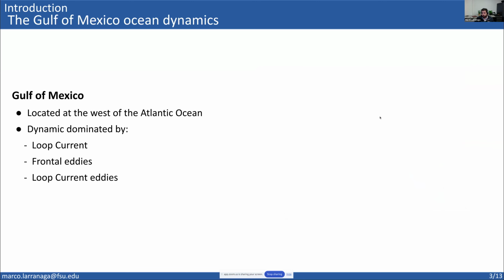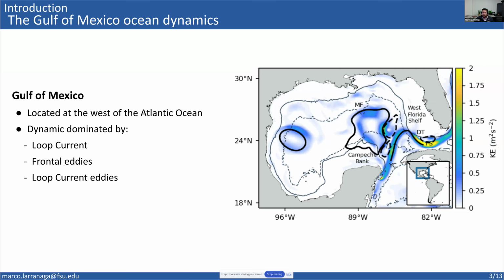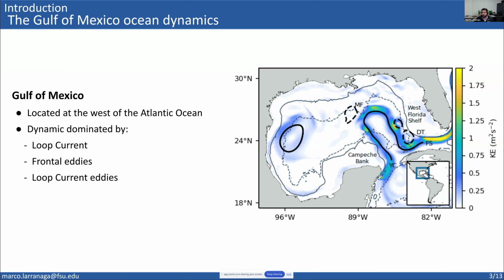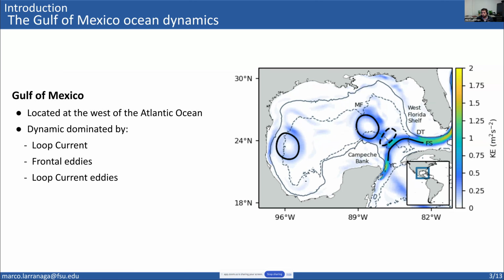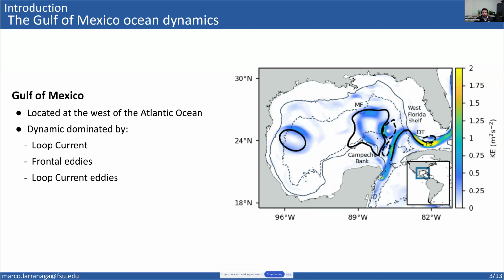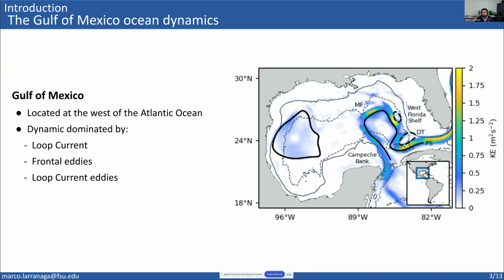But also, as I'm showing in this new animation, it's about the kinetic energy. They can produce pulses of kinetic energy when they interact with the loop current through barotropic and baroclinic instabilities. So as we see, the Gulf of Mexico is rich in mesoscale eddies, and that's why